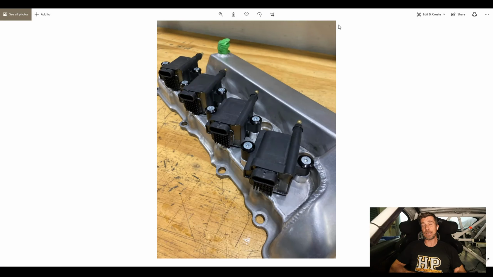Before we jump into the cooling system though, one of the other changes which we've got on my laptop screen at the moment is to the ignition coils. Previously, I don't actually have a photo of them, we were running a set of Nissan R35 GTR coils on a CNC machined aluminium mounting plate from EFI Solutions in Australia. They were a good solution for a street car. However, considering the P11 Primera rocker cover really wasn't designed for a coil-on-plug installation, it used a distributor with ignition leads, it's really difficult.